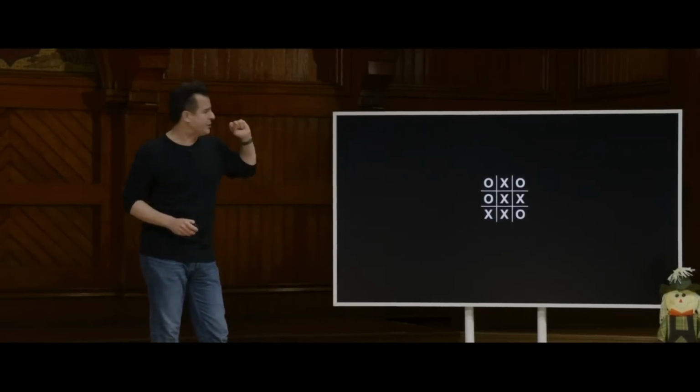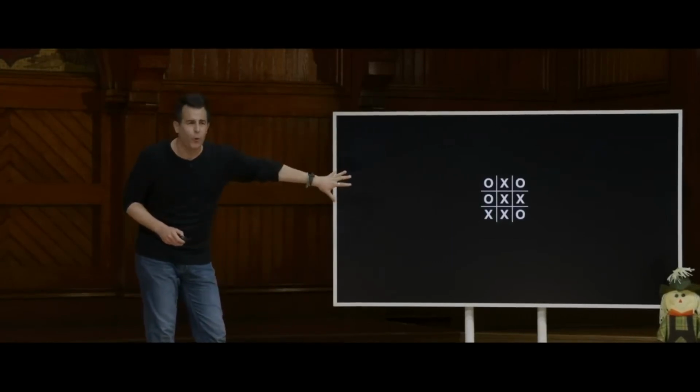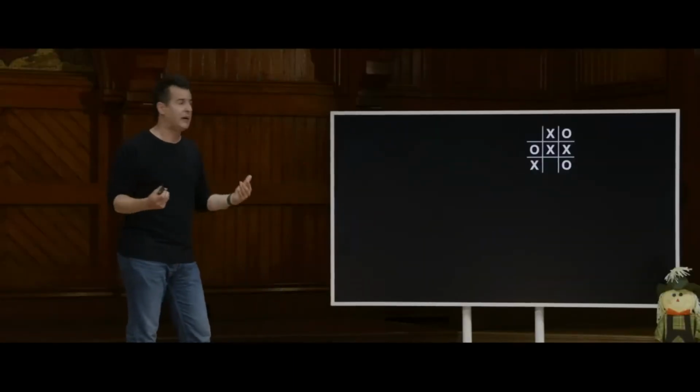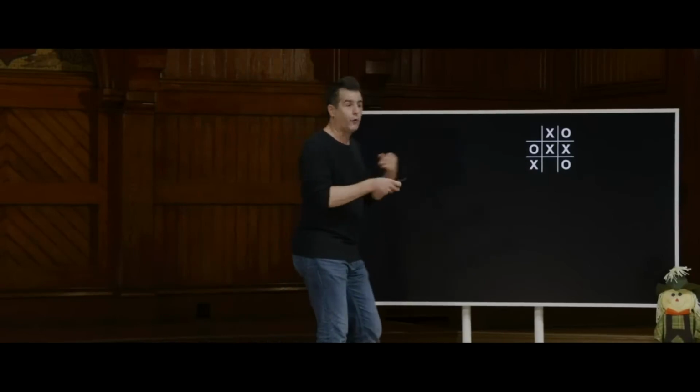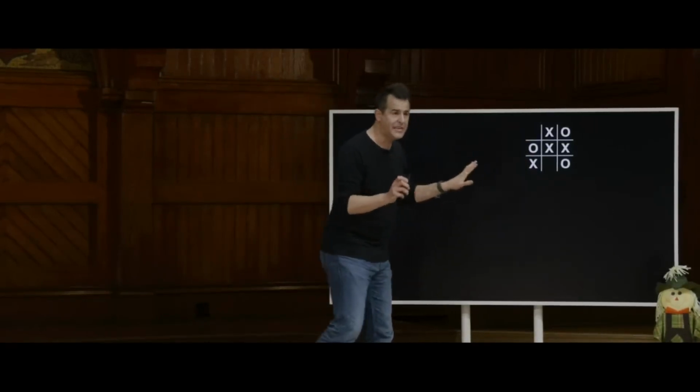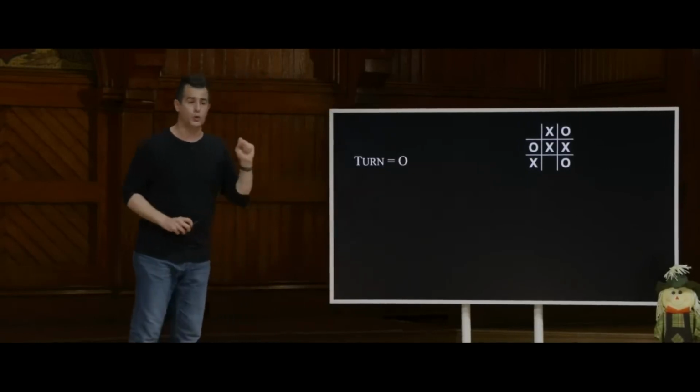Here, just as a quick check, what would the score be of this board, just so everyone's on the same page? So 1, because X has won, and we just stipulated arbitrarily, this means that this board has a value of 1. Now let's put it into a more interesting context. Here, a game has been played for a few moves already. There's 2 spots left. No one has won just yet. And suppose that it's O's turn now.